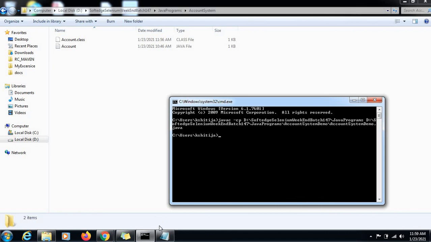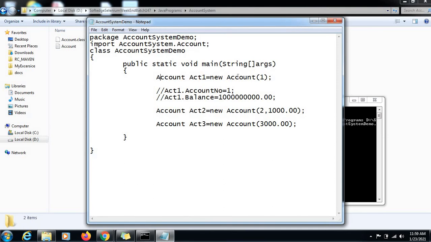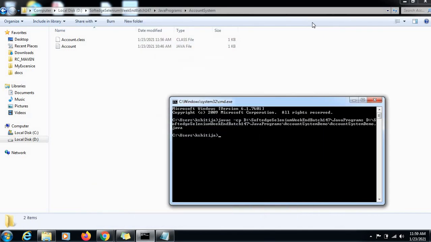So two requirements we satisfied. One is that we have the class name and Java file name the same, and those Java files we put into the package folders, right?